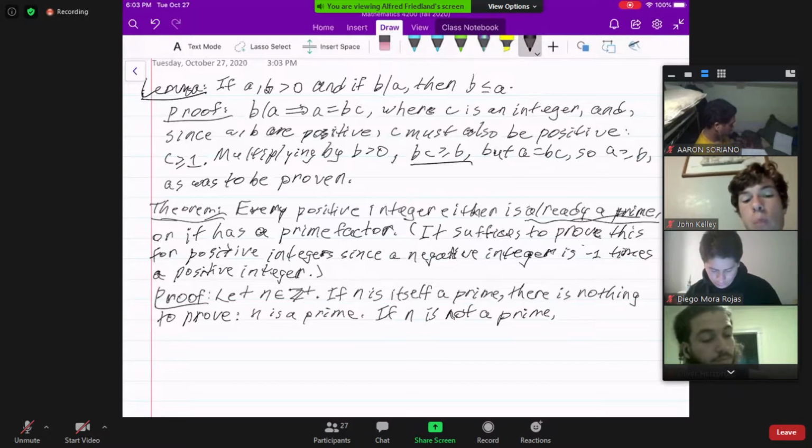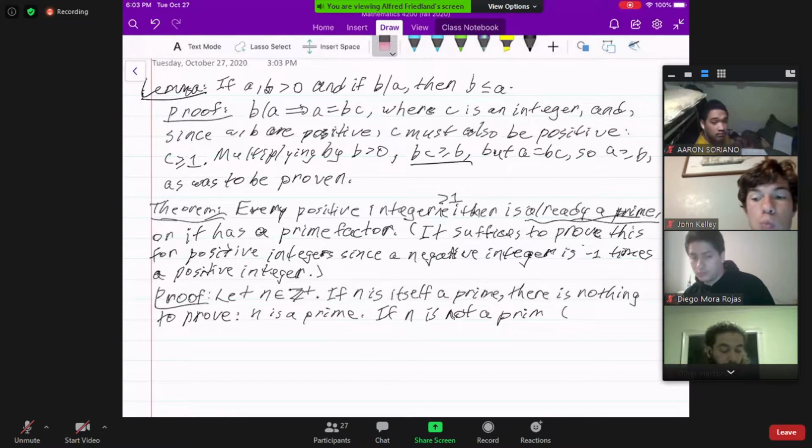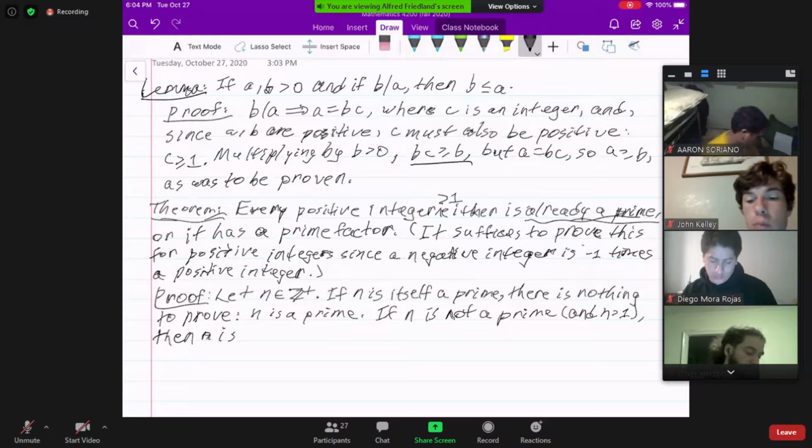let's be a little more careful here. Every positive integer greater than 1. Again, because 1 isn't a prime and it's not a composite. So every positive integer greater than 1. So if n is not a prime and it is greater than 1, and remember the word for a number greater than 1 that's not prime, it's a composite number. So it is